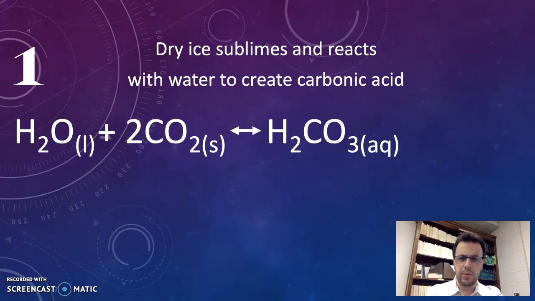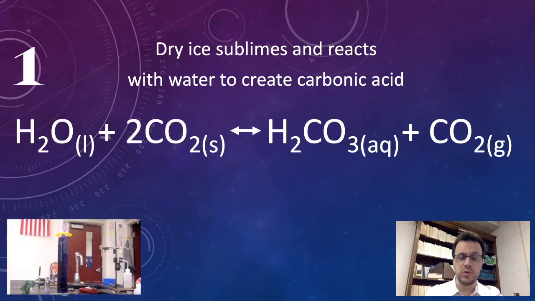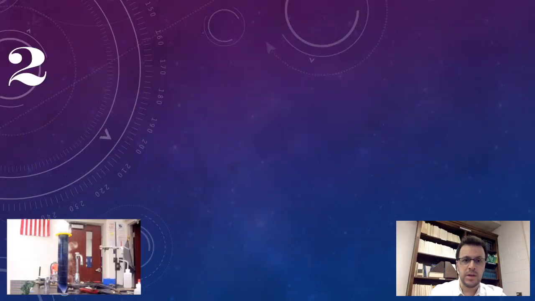So this is in equilibrium, and it creates our carbonic acid, which is then a major part of the reaction going forward, and carbon dioxide gas, which is what you see bubbling up from the bottom of the beaker. On the top of the beaker, it looks a little bit like a witch's cauldron, with the mist rising off the top of it. That's actually not carbon dioxide, it's water vapor. Stage 2,